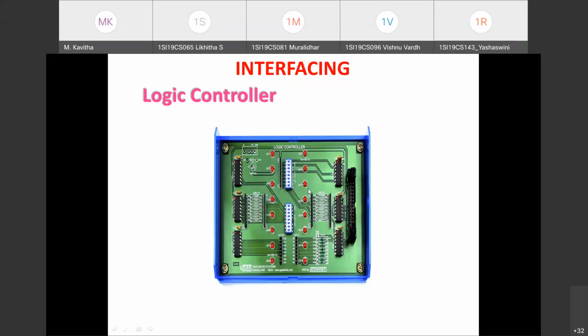There are lots of applications of logic controller. Mainly, you'll be using the logic controller to indicate the state of the process. For example, you can consider washing machines, elevators, traffic signals, etc. In washing machines, you might have seen separate LEDs provided to indicate different status, that is whether it is in the wash state, rinsing state, spinning state, etc. Based on what state the operation is being performed, the corresponding LED will be turned on to indicate that status.